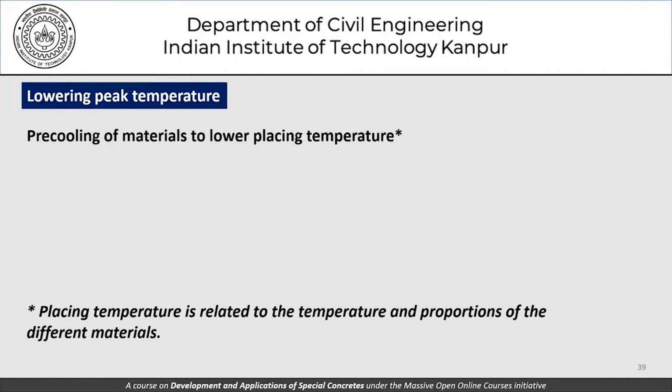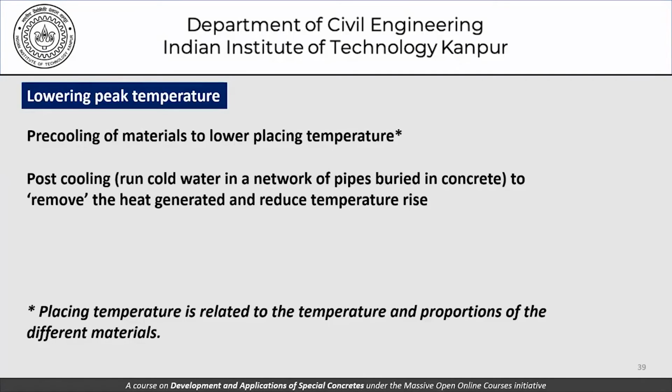Pre-cooling of materials is another possible option to lower the placing temperature. I've already given to you as an assignment to look for an equation which helps us estimate the temperature of fresh concrete as a function of the temperature of the constituent materials and their proportions. Post-cooling, which involves running cold water in a network of pipes buried in the concrete, is another way